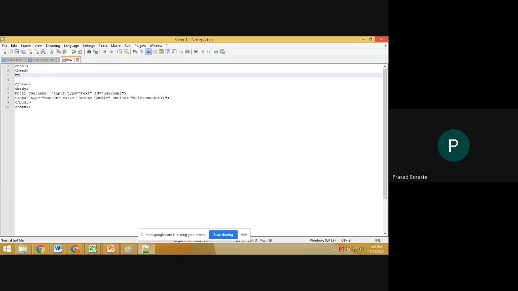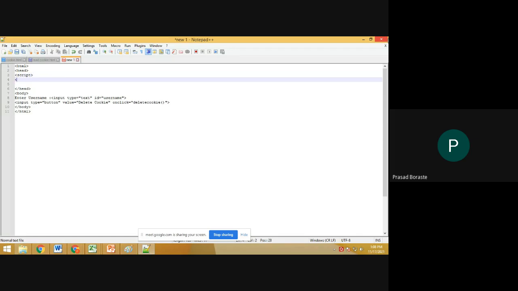I will write the function in the head tag. For that, write script first. We are writing in the script. Function deleteCookie.